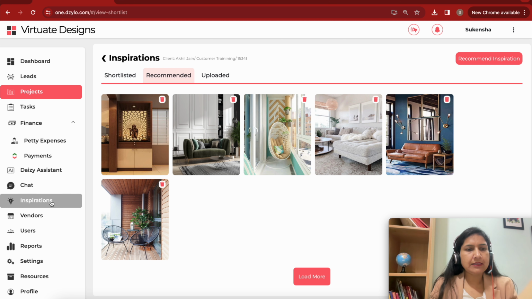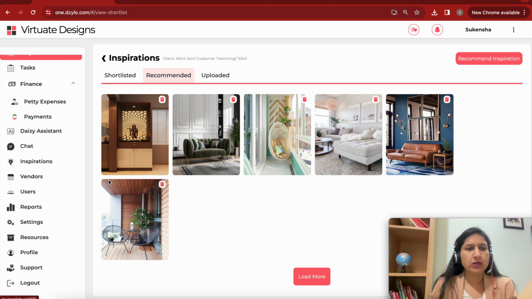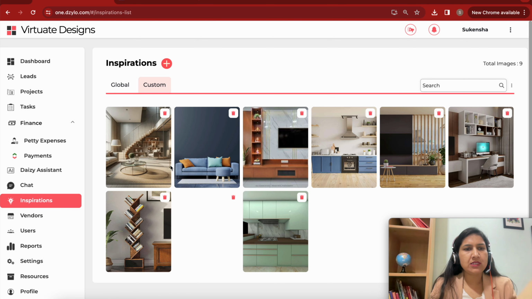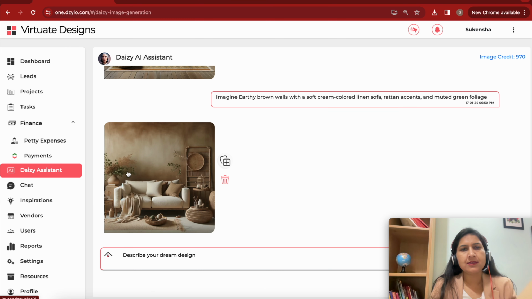Okay, other than that, there is one more tool we have which your designers can use. Currently, designers generally find images by doing a Google search. The whole world is changing, and the design space is also changing with AI. So what we have done is include this as a design assistant. It's a pre-design assistant. You don't have to compare it with any design tool like SketchUp or any tool you are using, but it is a pre-design tool where you can just give some rough idea to your customer. So, for example,